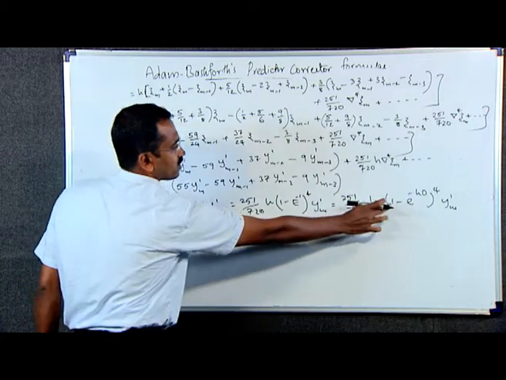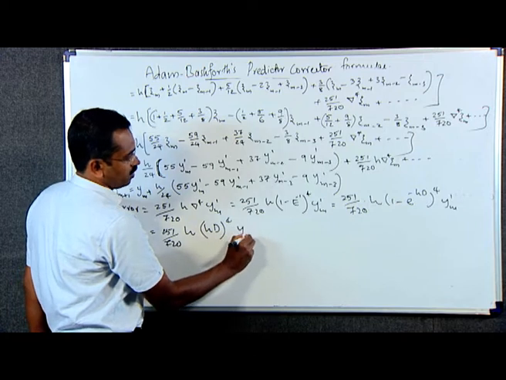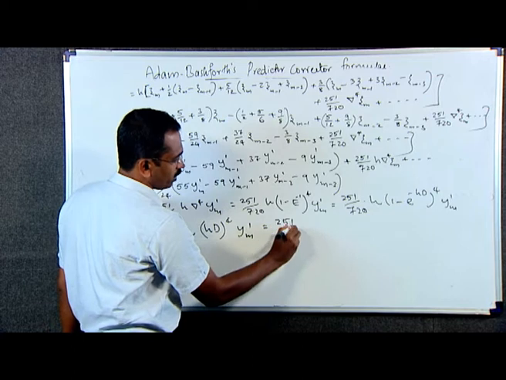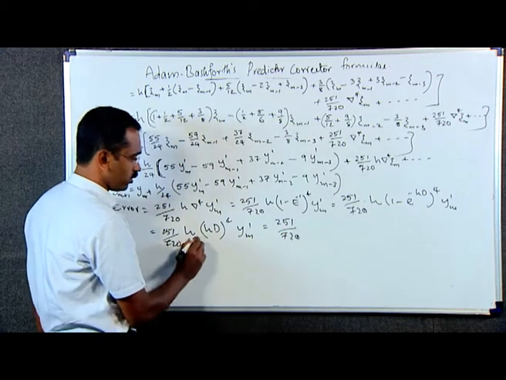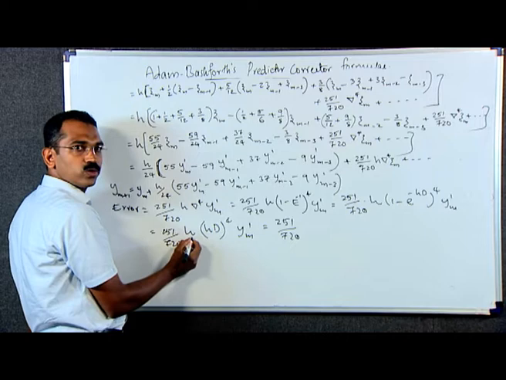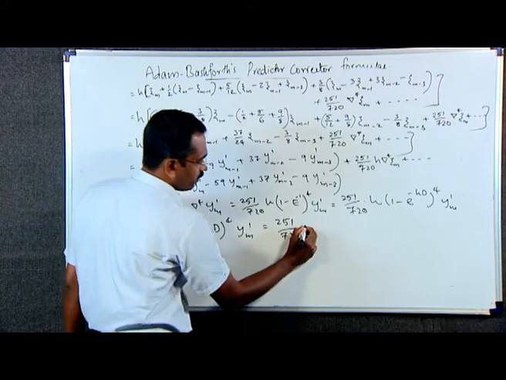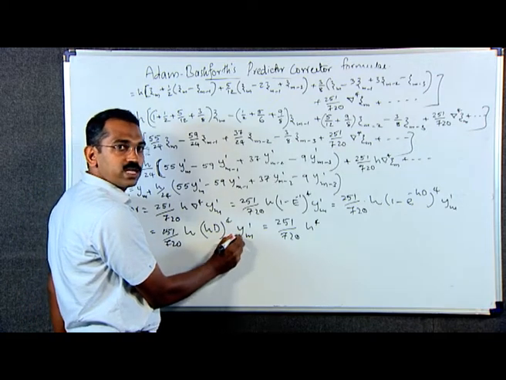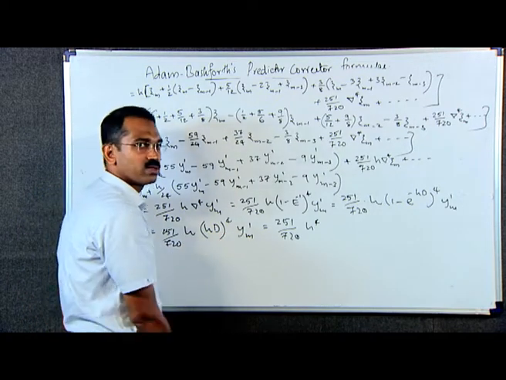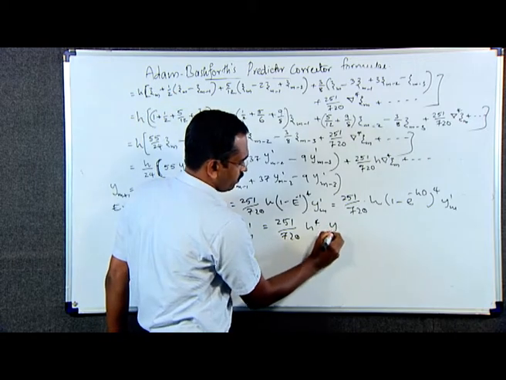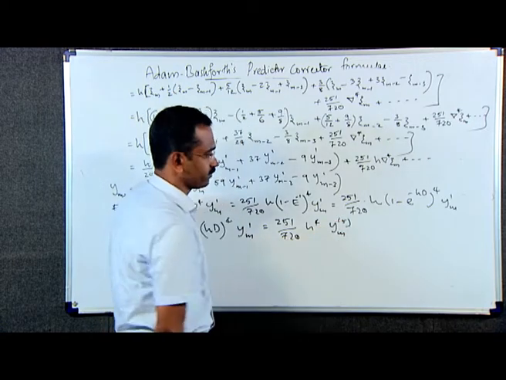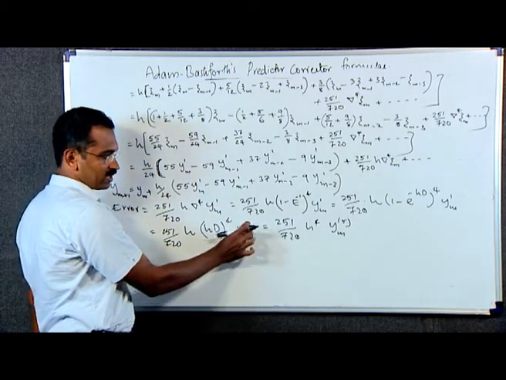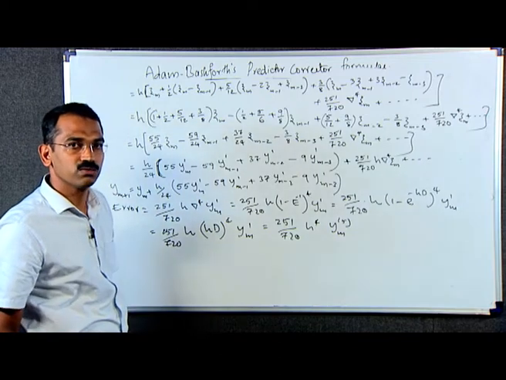You can write this as hD raised to 4 ym dash, which is equal to 251 divided by 720 into, here h raised to 4 into h, that is h raised to 5, then D raised to 4 into D raised to 4 of ym dash, that is the fourth derivative, ym raised to 5. Fourth derivative of ym dash, that is the fifth derivative ym 5,